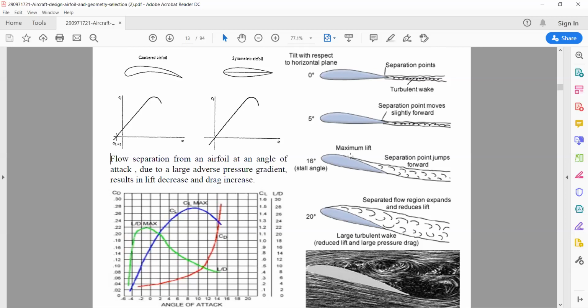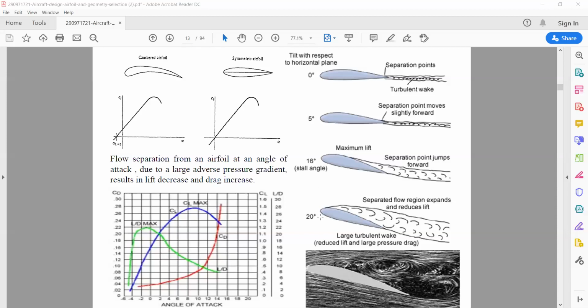So what happens here? This is the point where the maximum lift occurs. After that, it loses its control. It means that lift will be less, drag will be more. Whenever there is more drag compared to the lift, at that time the aircraft loses its control. So that is the point where I can see the maximum lift. Such an angle is referred to as the stall angle. It is the point where the maximum lift occurs. After that stall angle, lift will be less and drag will be more. These are the things we have to understand.